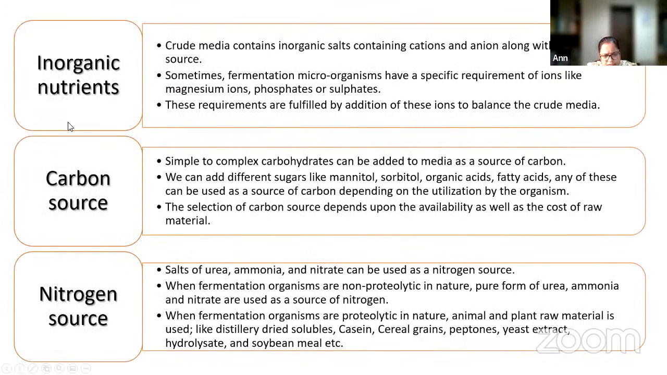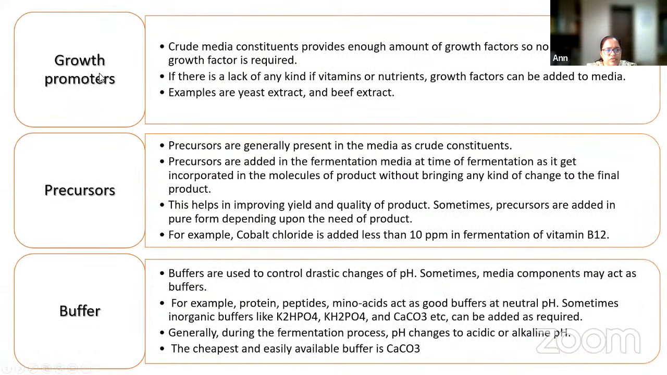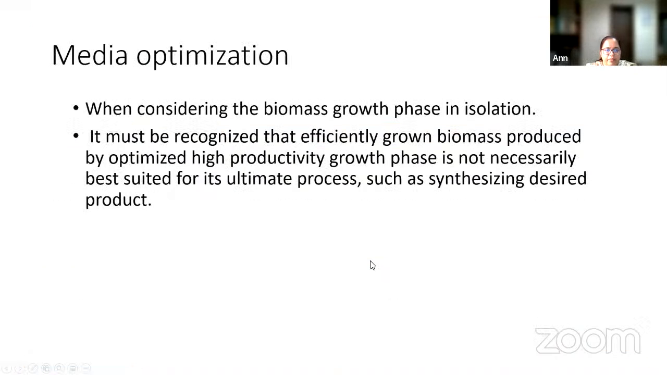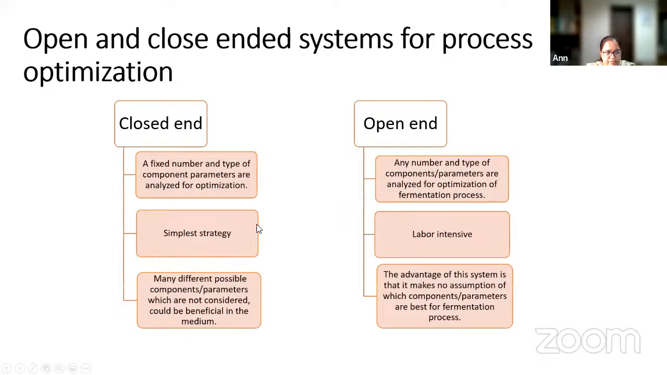The selection criteria or the needs of the microorganisms are then the same. So depending on what is needed, we pick up inorganic nutrients, carbon sources, nitrogen sources, growth promoters, precursors, and buffers, which can be used in these to design a perfect media for optimization. When we come to the optimization per se, you can have closed-end optimization or you can have open-ended